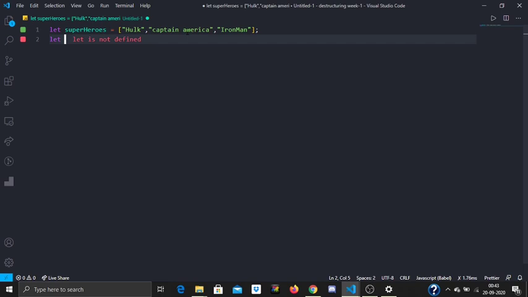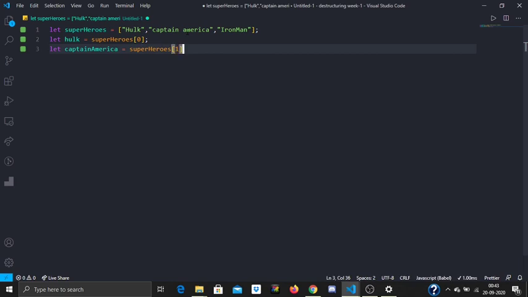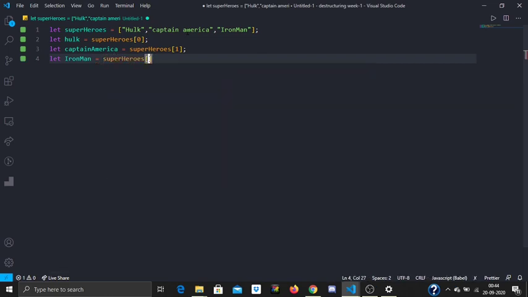Let's say we have a Hulk variable, so we write superheroes[0]. Then let Captain America equal superheroes[1], and let Iron Man equal superheroes[2]. Okay, so if I log Hulk,